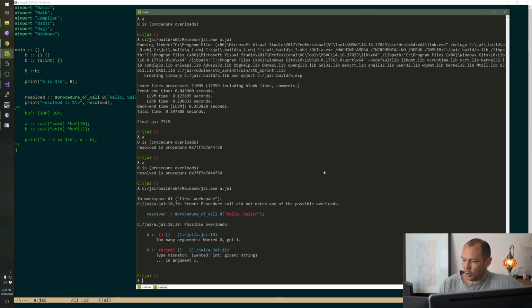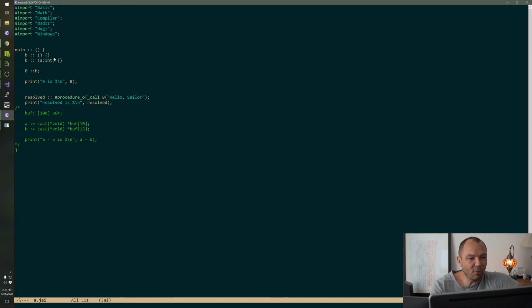Would you have to write the types if you could just write type of val? You can't. That's the thing, you can't really do that. There's no way to say right now, like type of B.A. And then especially not if it's an overload set, because the arguments could have different names. There's no way to say that. Did procedure of call need to be differentiated from type of? I don't understand that. They're different things. This is not telling you the type. It's telling you the actual procedure that you can then call. This is not about the type.